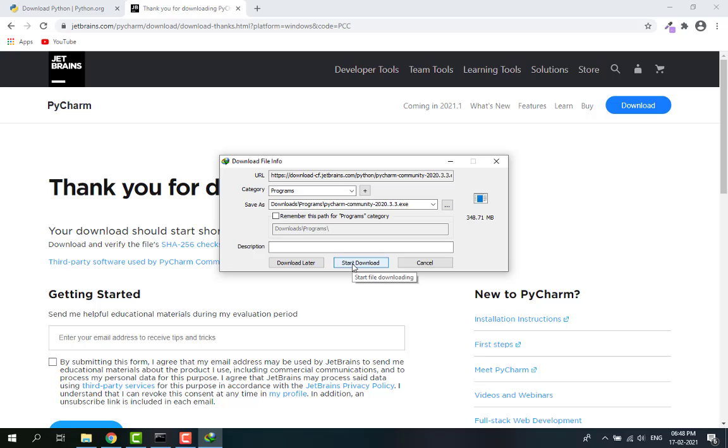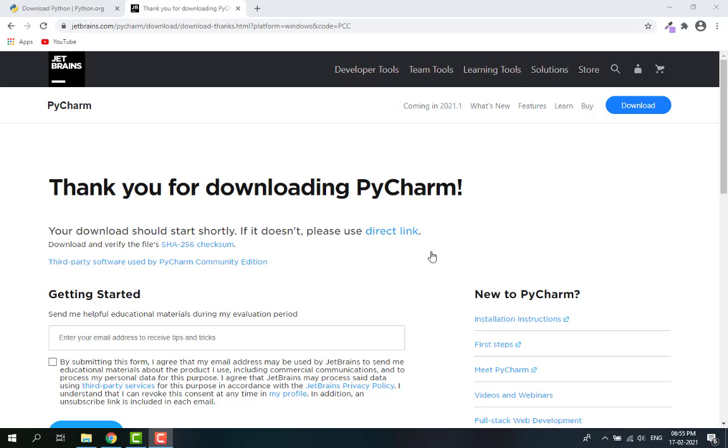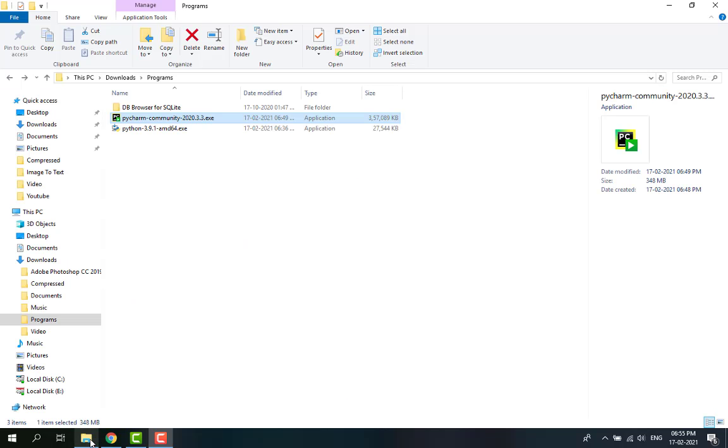After clicking, it will start automatically downloading. It will take a few minutes to complete the download. Okay guys, now that the download of Pycharm is completed, you go to the folder that you have saved the file, double click on it,